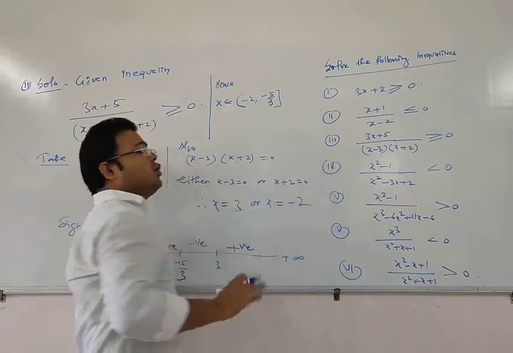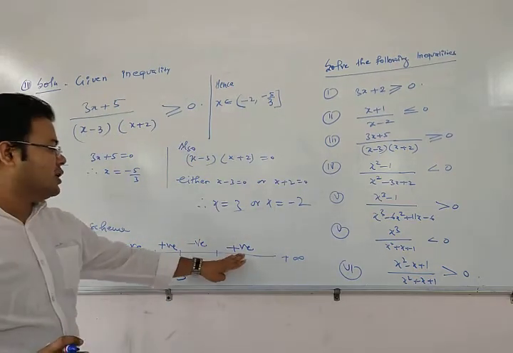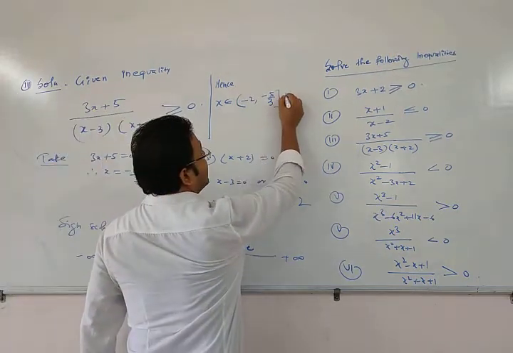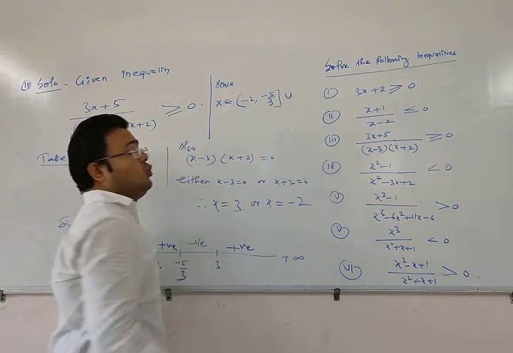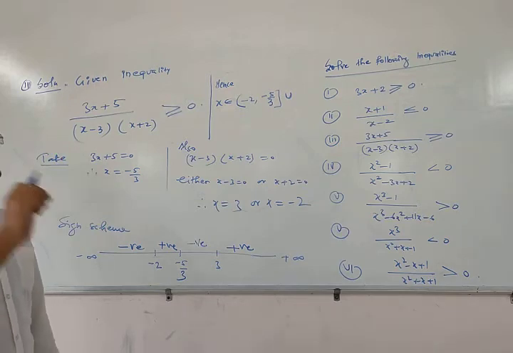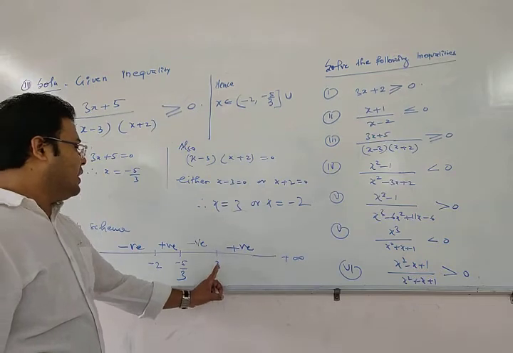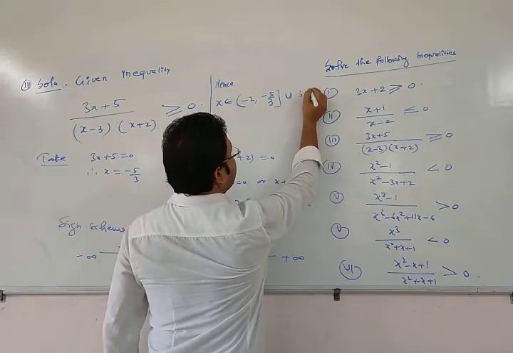And this interval is not the single solution because we have another solution in the next interval. So we have to use the sign of inclusion, that is, the union symbol. So here we write union. Now we have to take 3 to infinity. Here we write 3, here we write infinity.